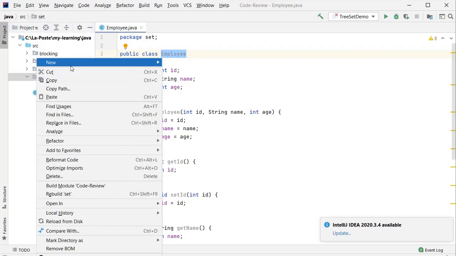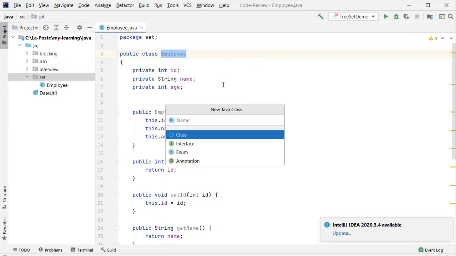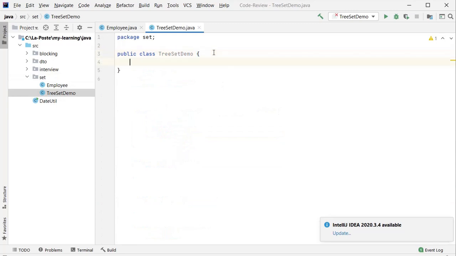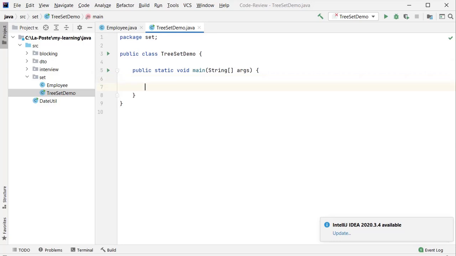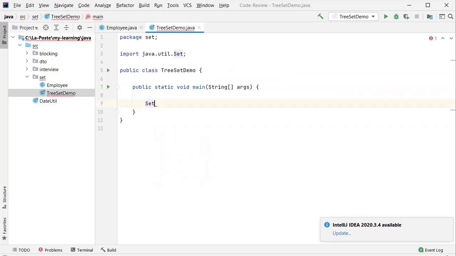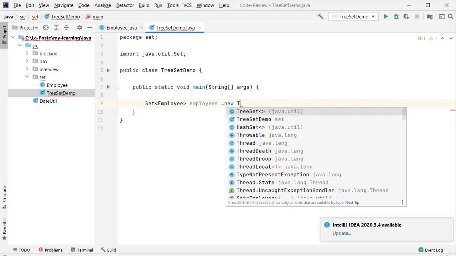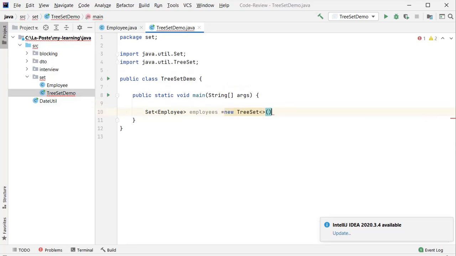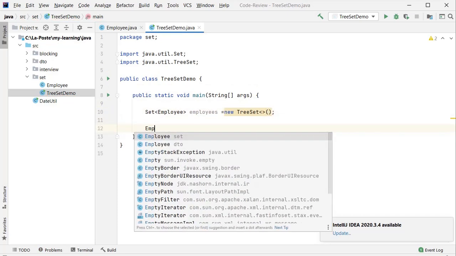So for a demo I'll create a class TreeSetDemo. I'll create the main method. I'll create the set object with Employee generic type and new TreeSet. Okay, now I'll create the Employee class object,